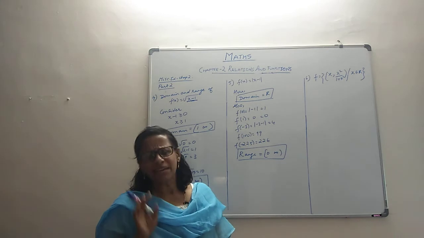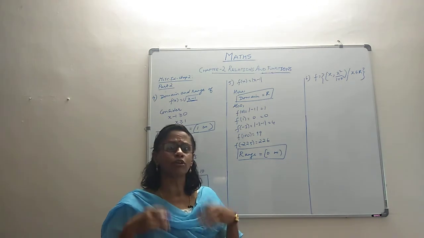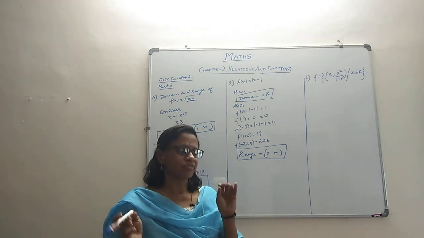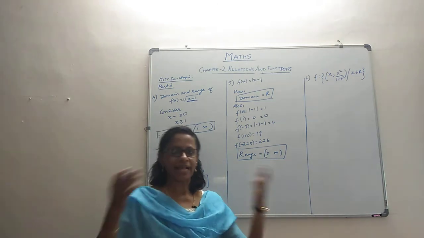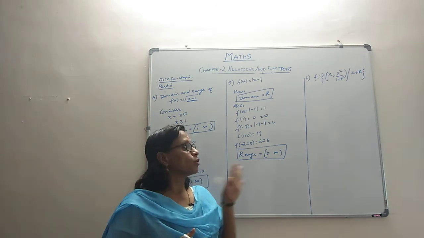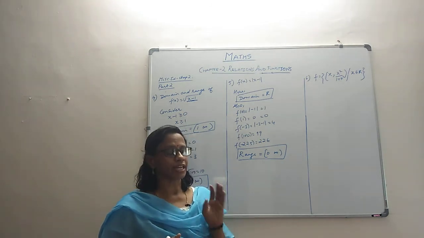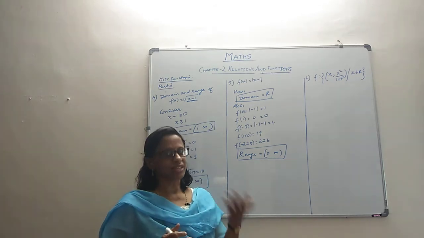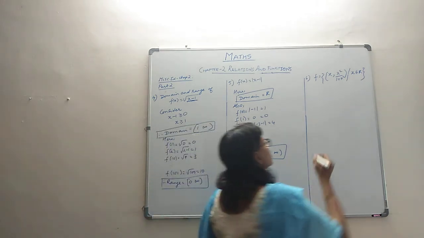Now we do the same idea as before. What we generally do is substitute values and observe. If observation is working fine, we predict the range. But if the observation is not so clear, then we go for algebraic or some other tools to find out the range. So that's what we are going to do here. We are going to substitute some values and check if it gives us any idea. If we get an idea, fine. Otherwise, we'll have to use an algebraic technique. So let's check here.